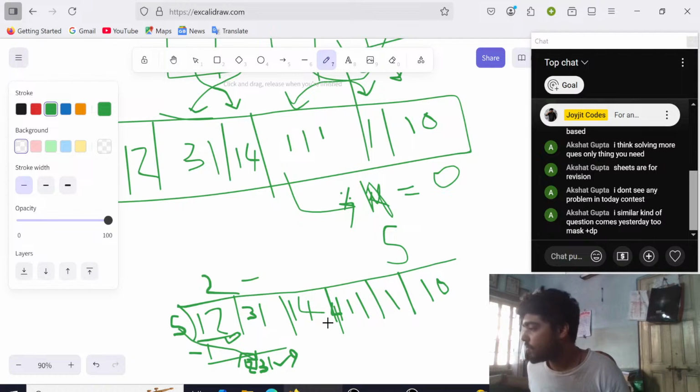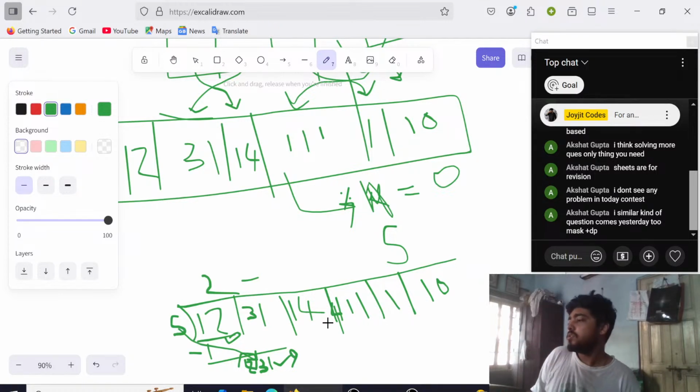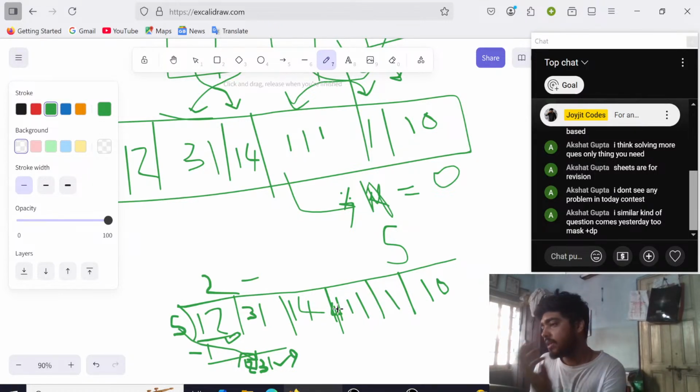So one thing that you're noticing is that there is a multiplication by 10 to the power of the number of digits in it. This 10 to the power of the number of digits is going to give us a lot of help. Now let's say